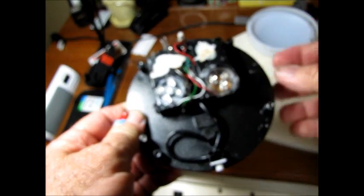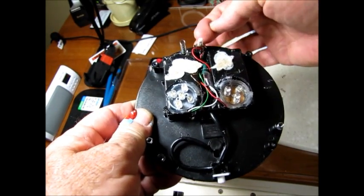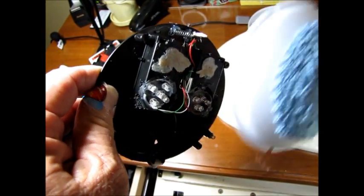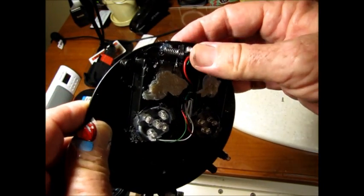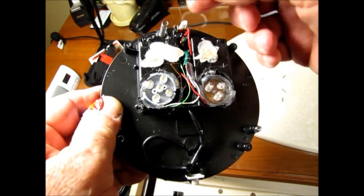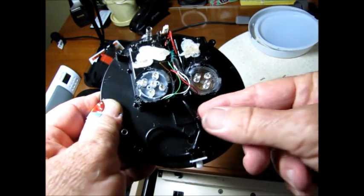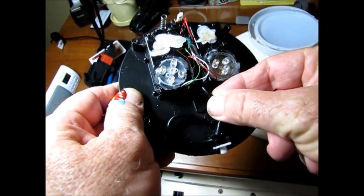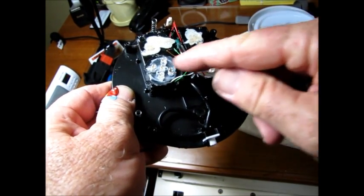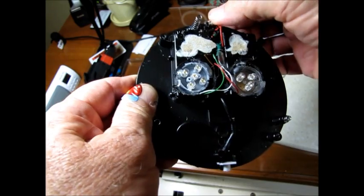So with the black and red wires, the red wire is your positive, and I'm coming from the red wire into this switch. There's your on-off switch, so that when you're pressing this lens in, it depresses that. It's a clicky switch. So you go into one side of it with your positive, out the other side to the positive leads that go to the lights. And then the black wire, your ground, out of the USB wire, goes to the ground to the two lights. No ground is going through the switch. In this case, I interrupted the positive with the switch. So it's kind of a straightforward